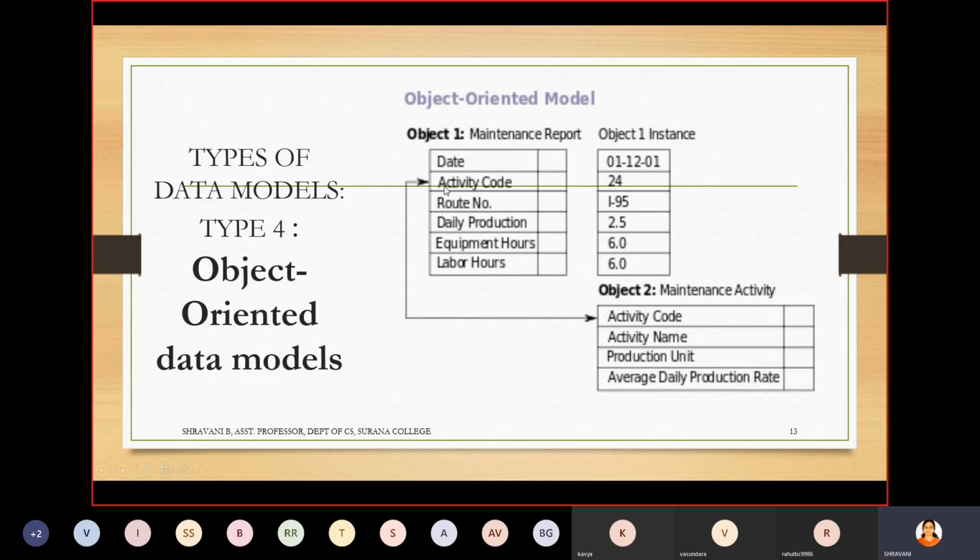I am just mapping this code and checking what kind of activity is done by the maintenance department. If the code is 11, the activity done by the maintenance department is updating the antivirus. If the code is 22, the activity is cleaning the system or updating the software. So they are related to each other, and when we have 2 objects together like this, we call it the object-oriented data model.